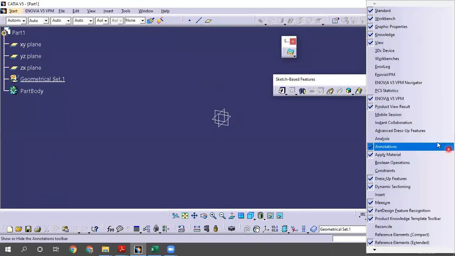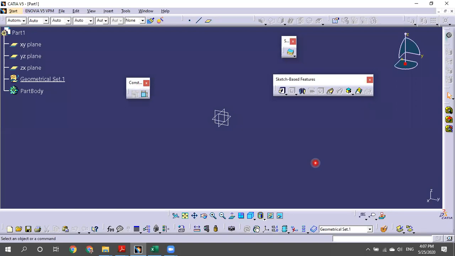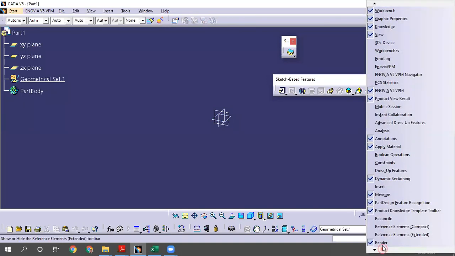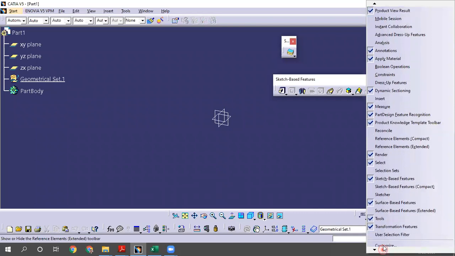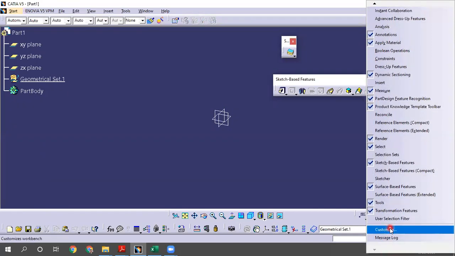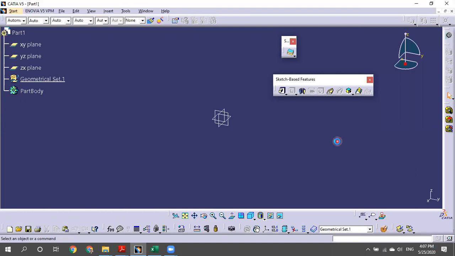Either you right click. If you know all these commands, you can just tick it. Say, for example, I know constraints. If I click it, it comes. But still, if you don't know where it is, say I'm deleting all of these commands. Now you want to bring back all those commands. So right click here, go to the bottom, to customization, click on this, and you can see that